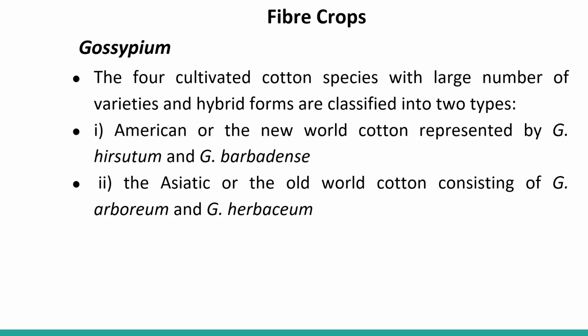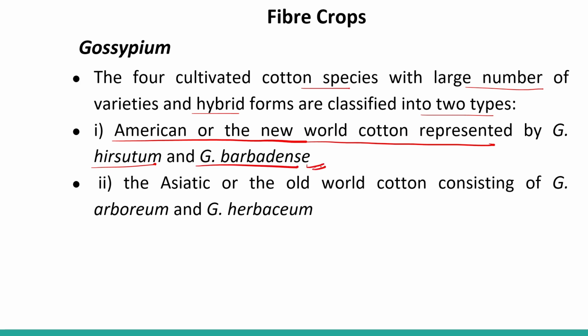The four cultivated cotton species, with a large number of varieties and hybrid forms, are classified into two types. First, American or New World cotton, represented by Gossypium hirsutum and Gossypium barbadense. These two species come under American or New World cotton. And there is the Asiatic or Old World cotton, represented by Gossypium arboreum and